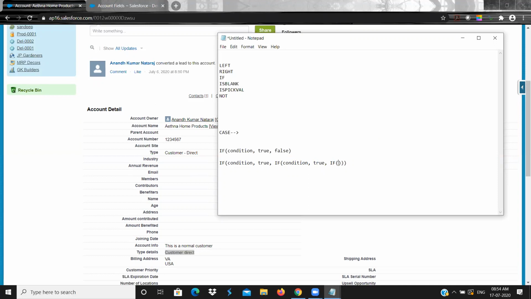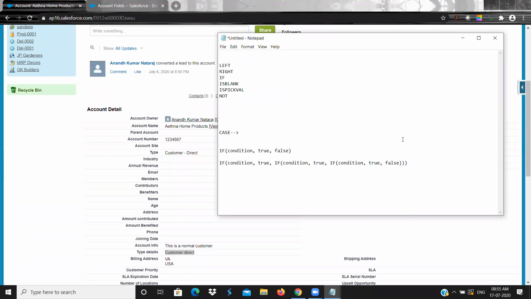You should be very careful when giving the syntax, the braces, commas and all. Why? Because if you miss anywhere, it is very difficult to find. Okay. So if condition true, comma, false, like that I have given. Okay. So this is a series of conditions, if inside an if. See, for 3 to 4 conditions, this will work.